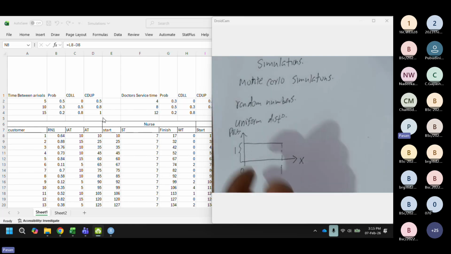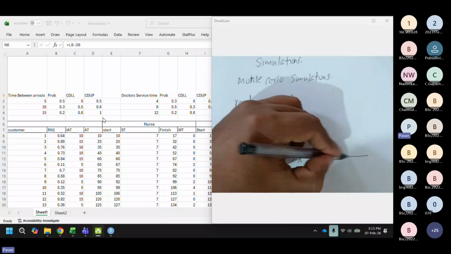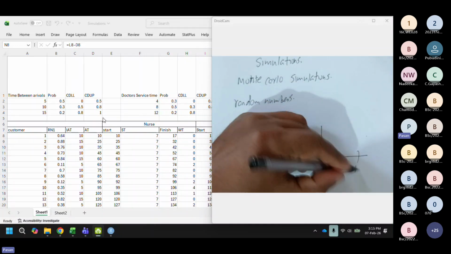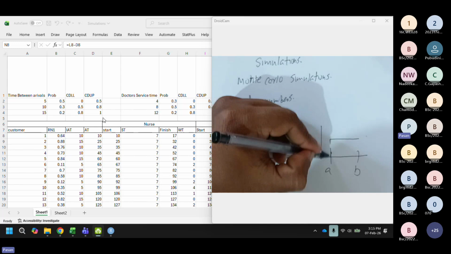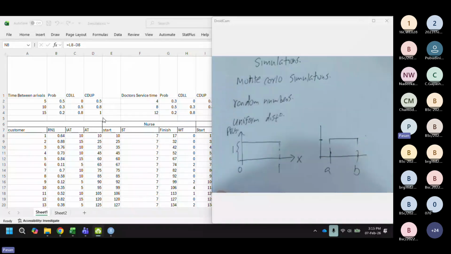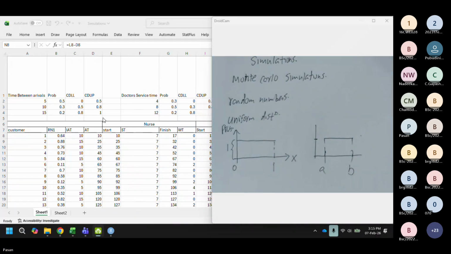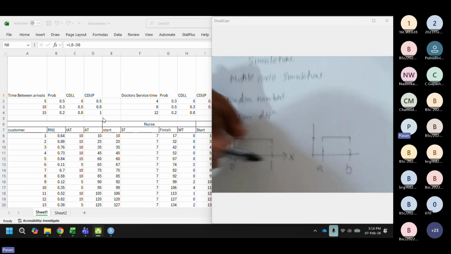And then the probability, what we are saying is that it's always going to be the same value, right? And we can define this between any two values as well, and then the probability will be the same height, right? So the uniform distribution you can define between any two values A and B, right? But in our case, when you are generating random numbers, usually we are looking at the uniform distribution between 0 and 1,